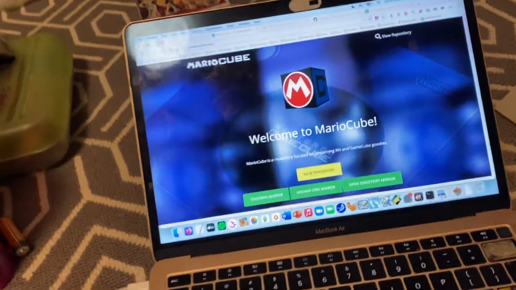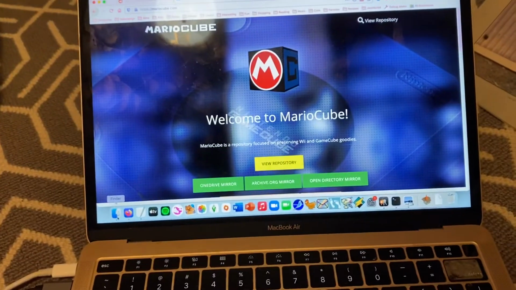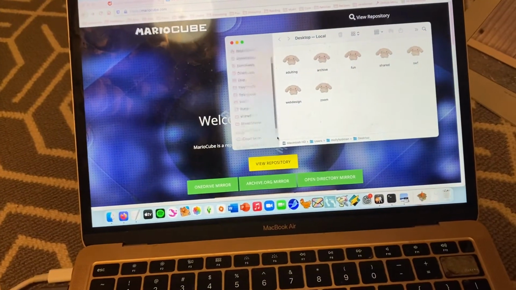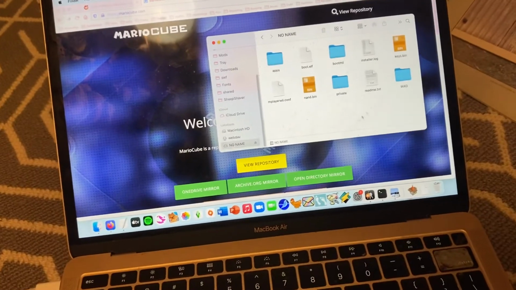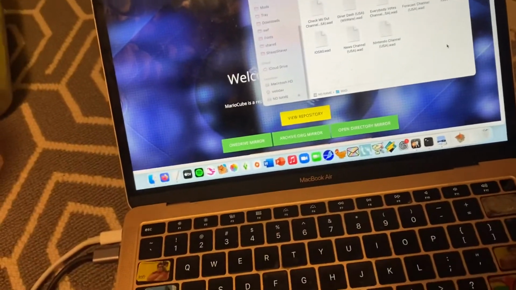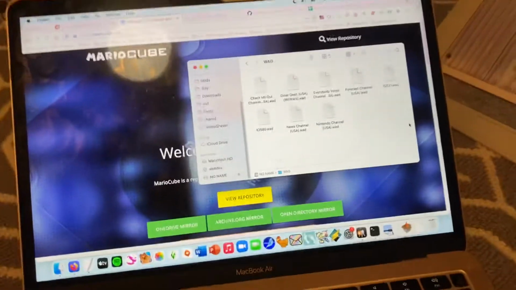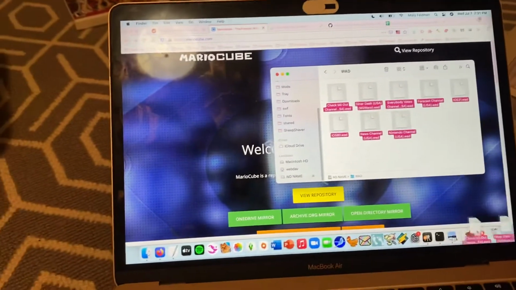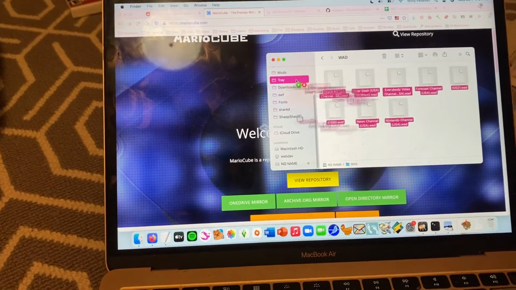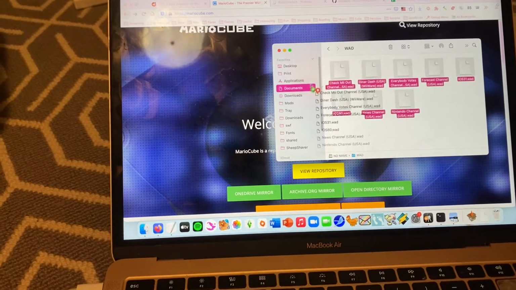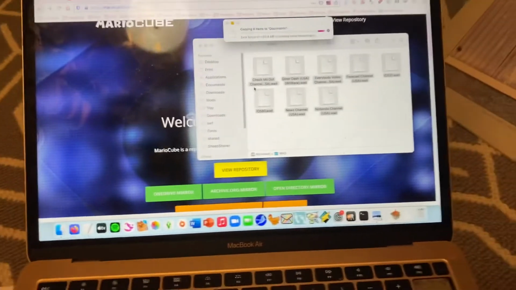Okay, so I'm going to put my SD card into my SD card reader. And by the way, once you've installed WAD files, you can delete the old ones from here, because this is just where they go before you install them. So once you've installed them, you can get rid of them. I'm not going to delete them because I may need them for backup,